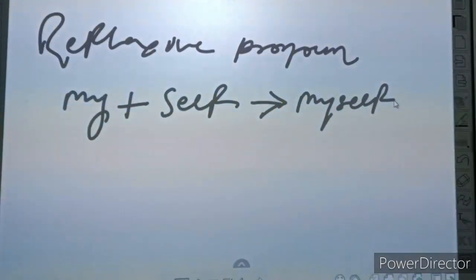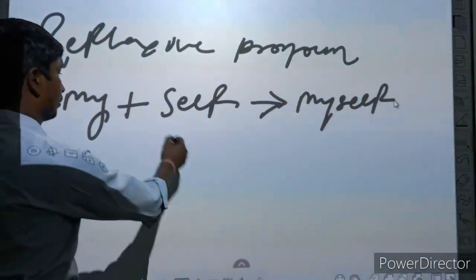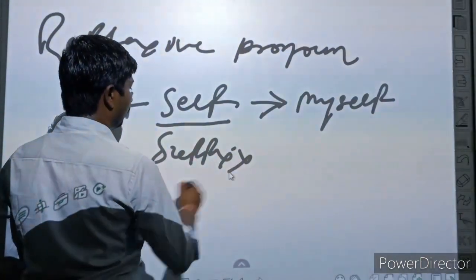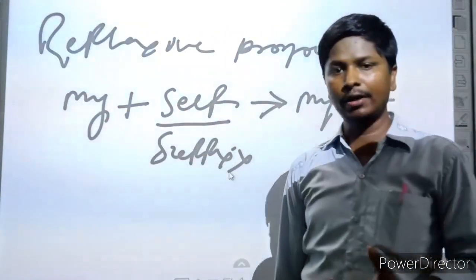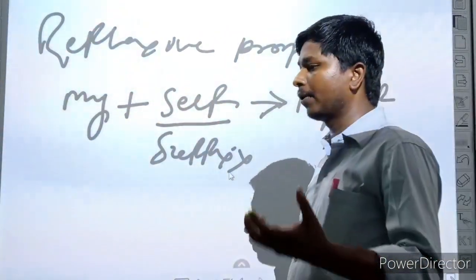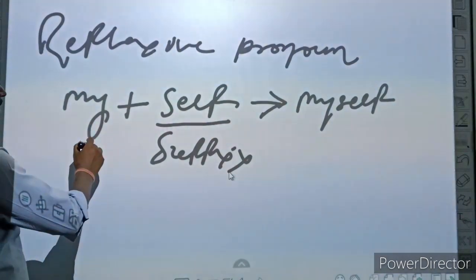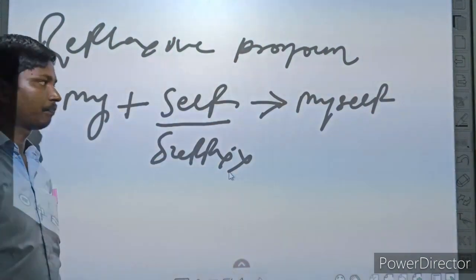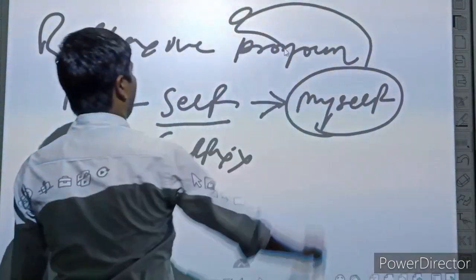I have told you, when a pronoun adds self as a suffix. आपने पढ़ा होगा इंग्लिश ग्रामर में, a suffix is a word part that can be added at the end of a pronoun to change its form and meaning. कि my अपने साथ self नामक suffix को add करता है और then it becomes myself, and this type of word is called reflexive pronoun.